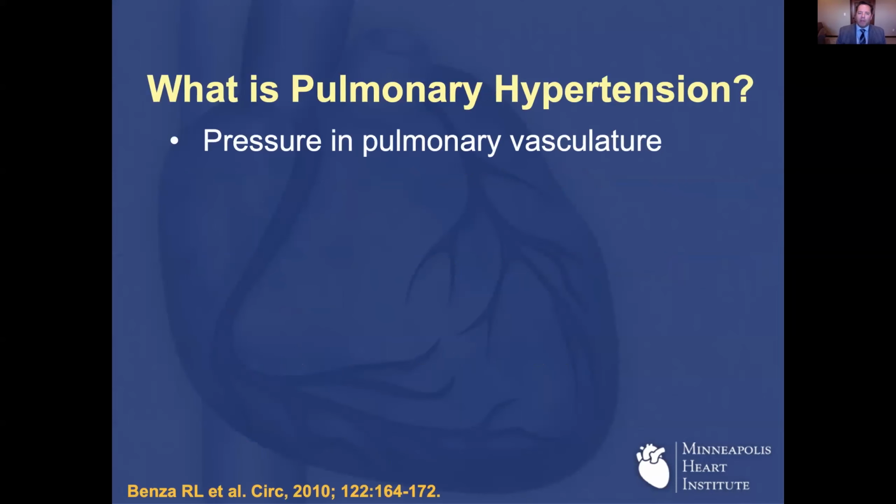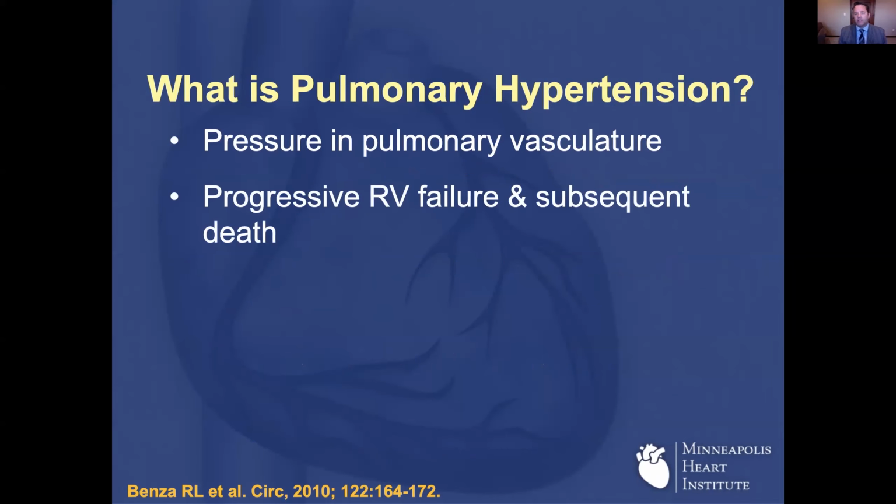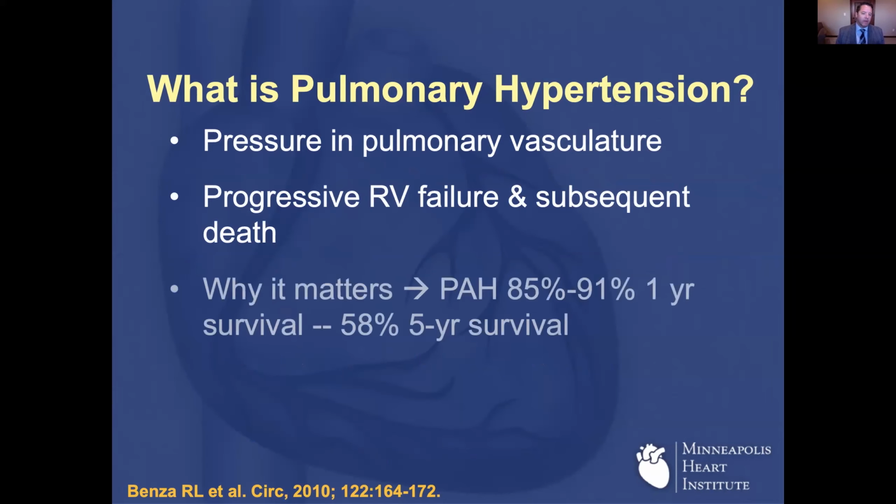So what is pulmonary hypertension? Well, it describes elevated blood pressure in the pulmonary vasculature. It often leads to progressive right ventricular heart failure and subsequently death. In regards to pulmonary arterial hypertension, although it has an excellent 1-year prognosis approaching 91%, the 5 to 7 year survival is only about 58%, which is a poor